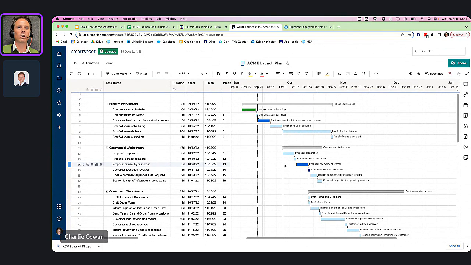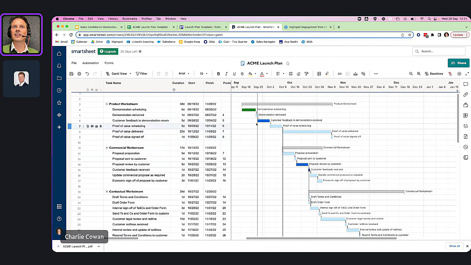And that's one of the reasons why I wanted to just show you the spreadsheet idea to start with. You've already created this kind of spreadsheet in a spreadsheet. The only thing you've got to introduce is the idea of a predecessor and how long each of these things are going to take place.